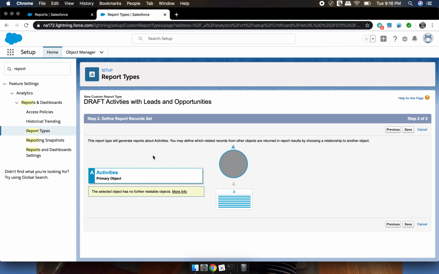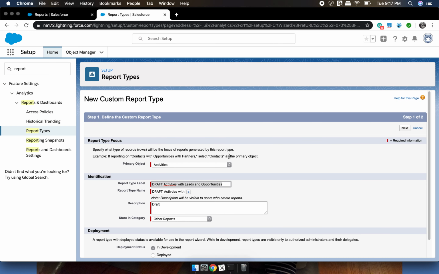So now you'll see we're looking at the activities object, and what Salesforce is looking for is the ability to find another relationship that activities has and reach down to that or reach over to that. So right now you can see that the selected object has nothing else related to it. Contacts are related to it through a lookup relationship, but it's not directly attached to anything. So activities isn't going to work for us as the primary object, so we're going to go back to previous,